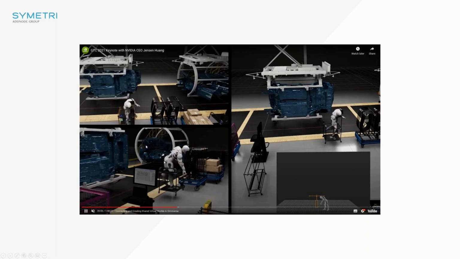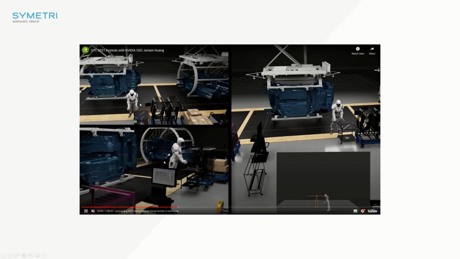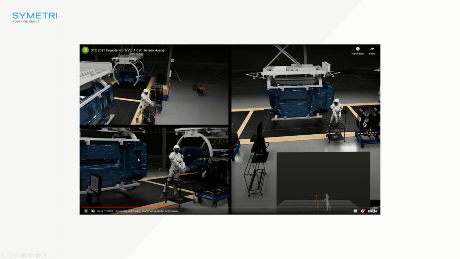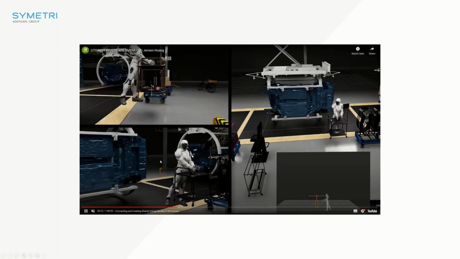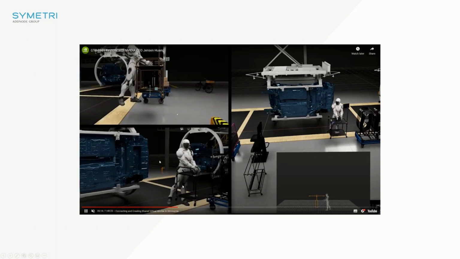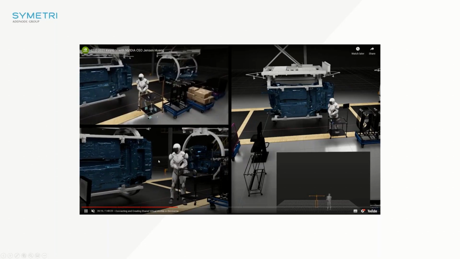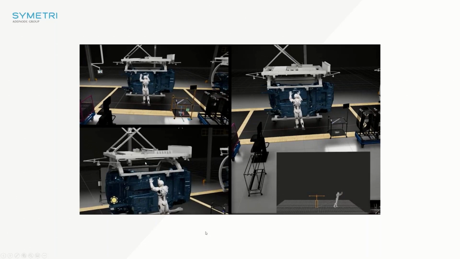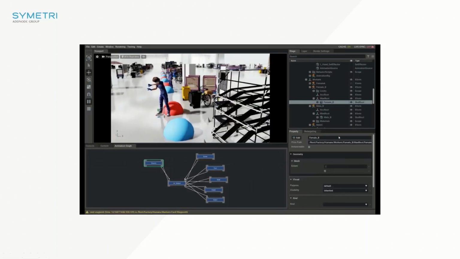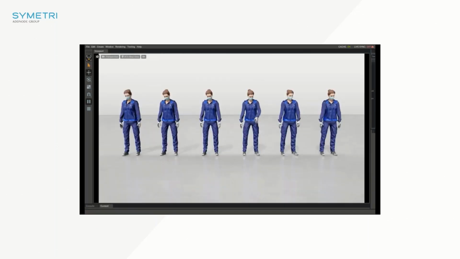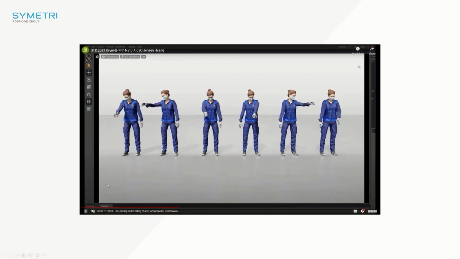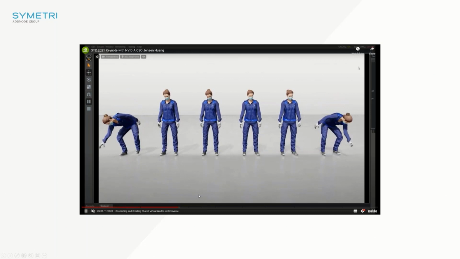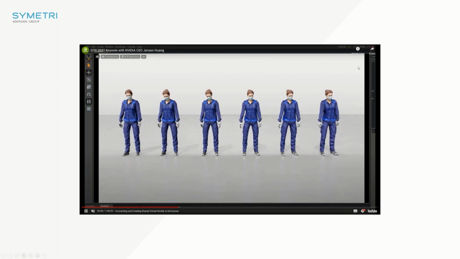Here we've got a real human expert on that factory line doing the job, explaining exactly where things need to be. That information is being captured, being stored, and as you'll see in a moment, being implemented onto the Omniverse platform and captured to show all of those different scenarios or different roles on that line.